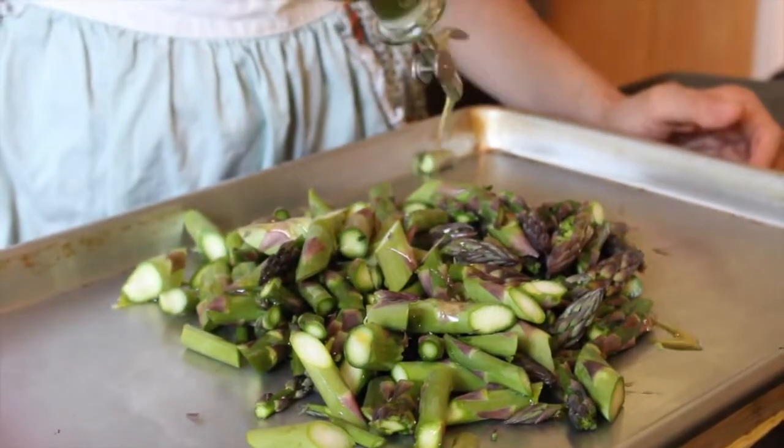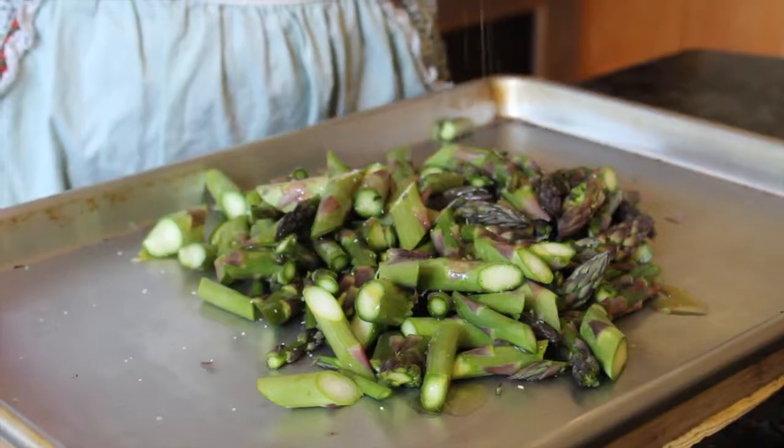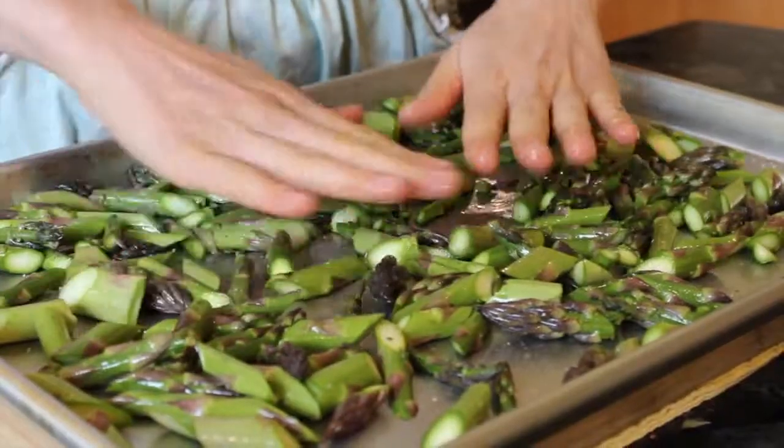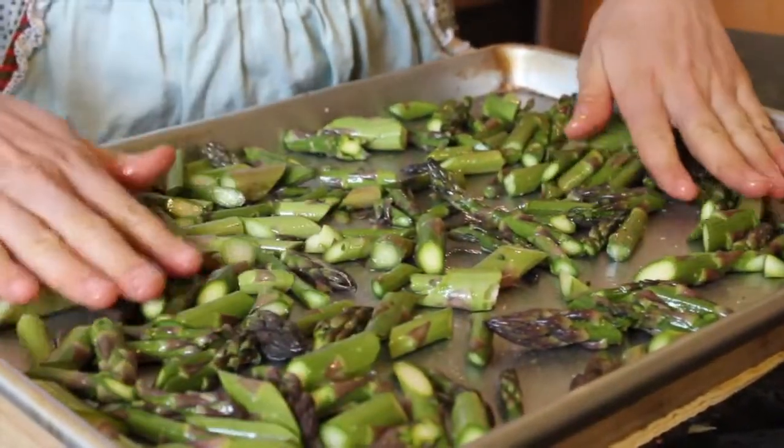Now that that's done, we're going to put it all on our baking sheet. Drizzle a little bit of olive oil, about 1 tablespoon or 2, and sprinkle it with a little bit of sea salt. Give it a good toss, make sure everything's coated nicely, and spread it out evenly. You want it all to be touched, you don't want it overlapping because you want the surface area to be